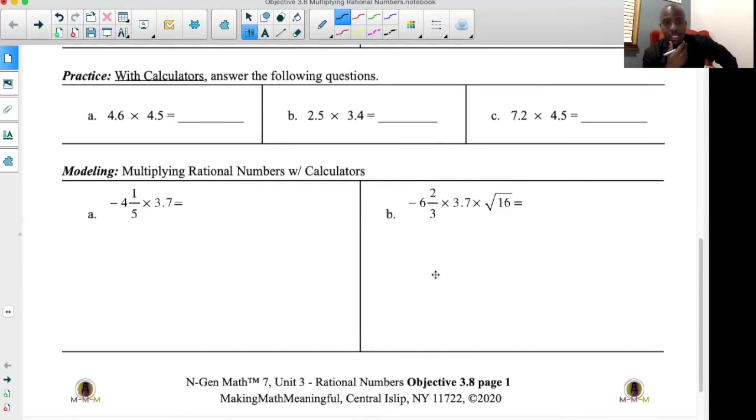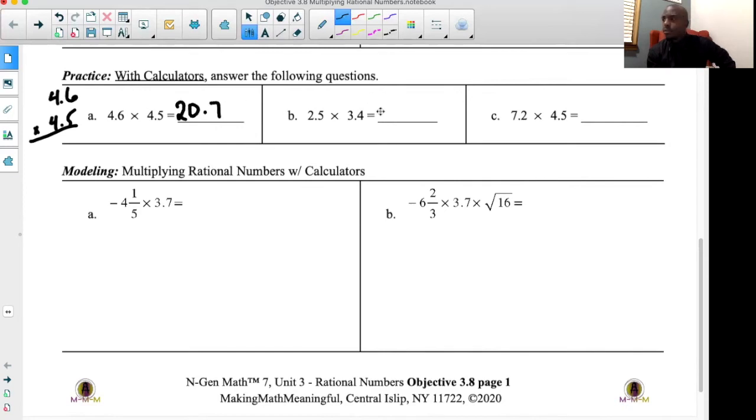Now, the first practice here is asking you to practice this with the calculator. So with your calculators, you can quickly run through it. In case you decide not to use the calculator, you could always do 4.6 multiplied by 4.5, something like this, and you should still be able to get to the answers. But because it says with calculators, just type it in your calculators, get an answer. These are decimals times decimals, rationals times rationals. And what you should get as your answer here is